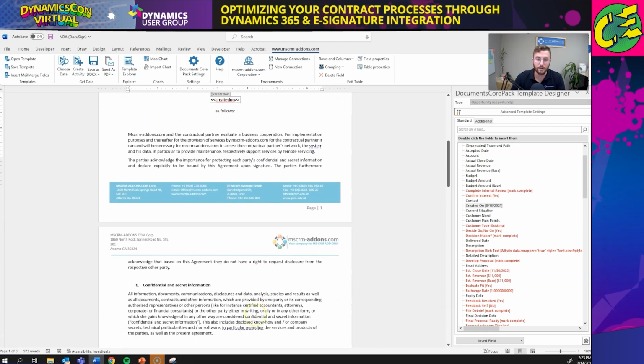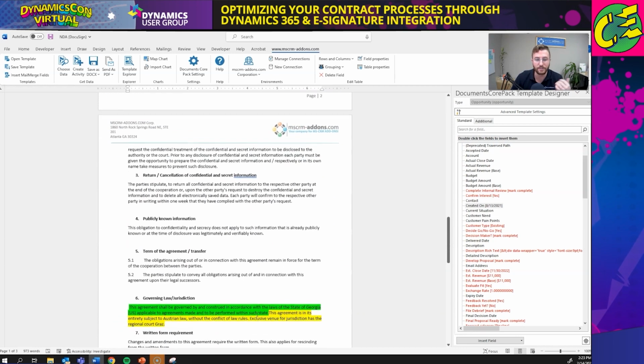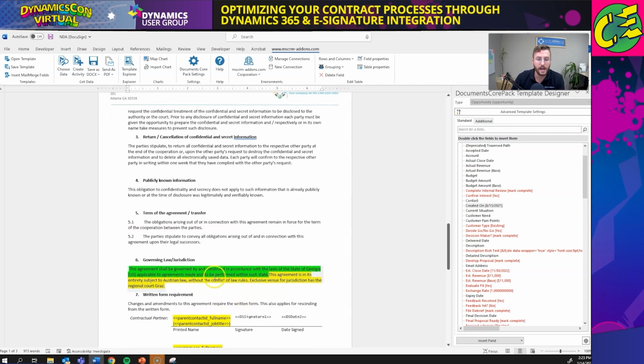And of course you have all of the Word formatting capabilities as well. A little bit of advanced piece of functionality in this template, which overall is a pretty simple template, is going to be that conditional logic. So you can see I have 2 lines here, so 2 different governing law static text lines, and you can also bring in dynamic content conditionally as well. You can nest these conditions, but this is a pretty straightforward condition of if the account's country equals US or Canada, switch the governing law to US. If it's outside the US or Canada, switch it to Austrian law, specific to the regional court of Graz,